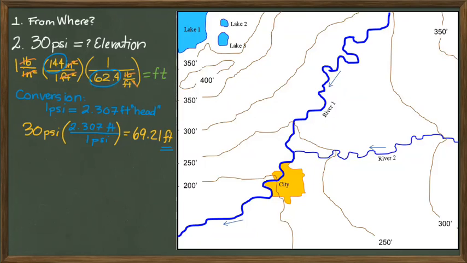Using 69.21 as the minimum static head, we can consider what elevation corresponds to this value. So starting from the highest elevation in the city, we add on the minimum static head we just calculated. Then we draw a line horizontally over to the elevation along each of the rivers to determine where we can tap our water source. What elevation along the river should we start our water supply system? Take a moment to figure this out yourself.